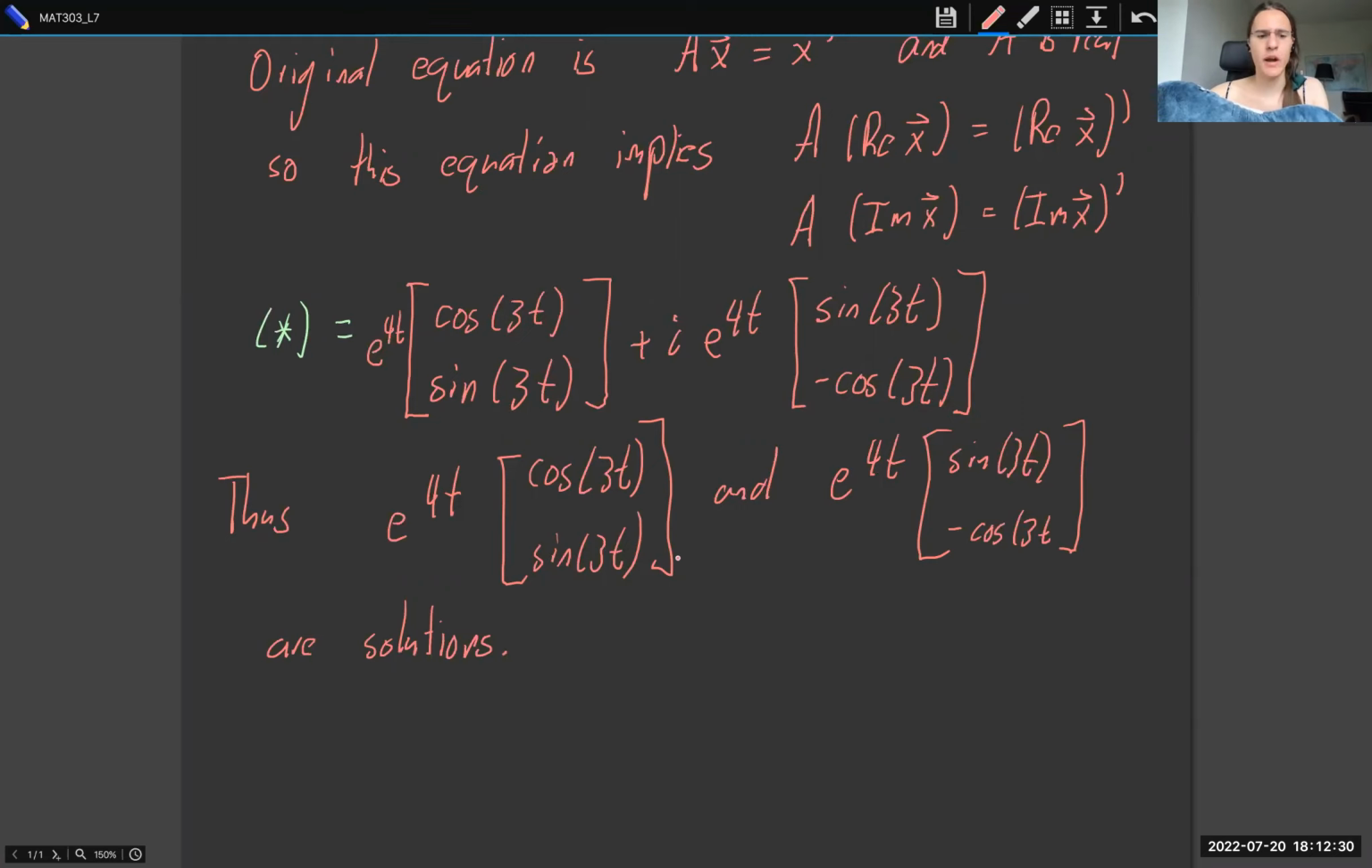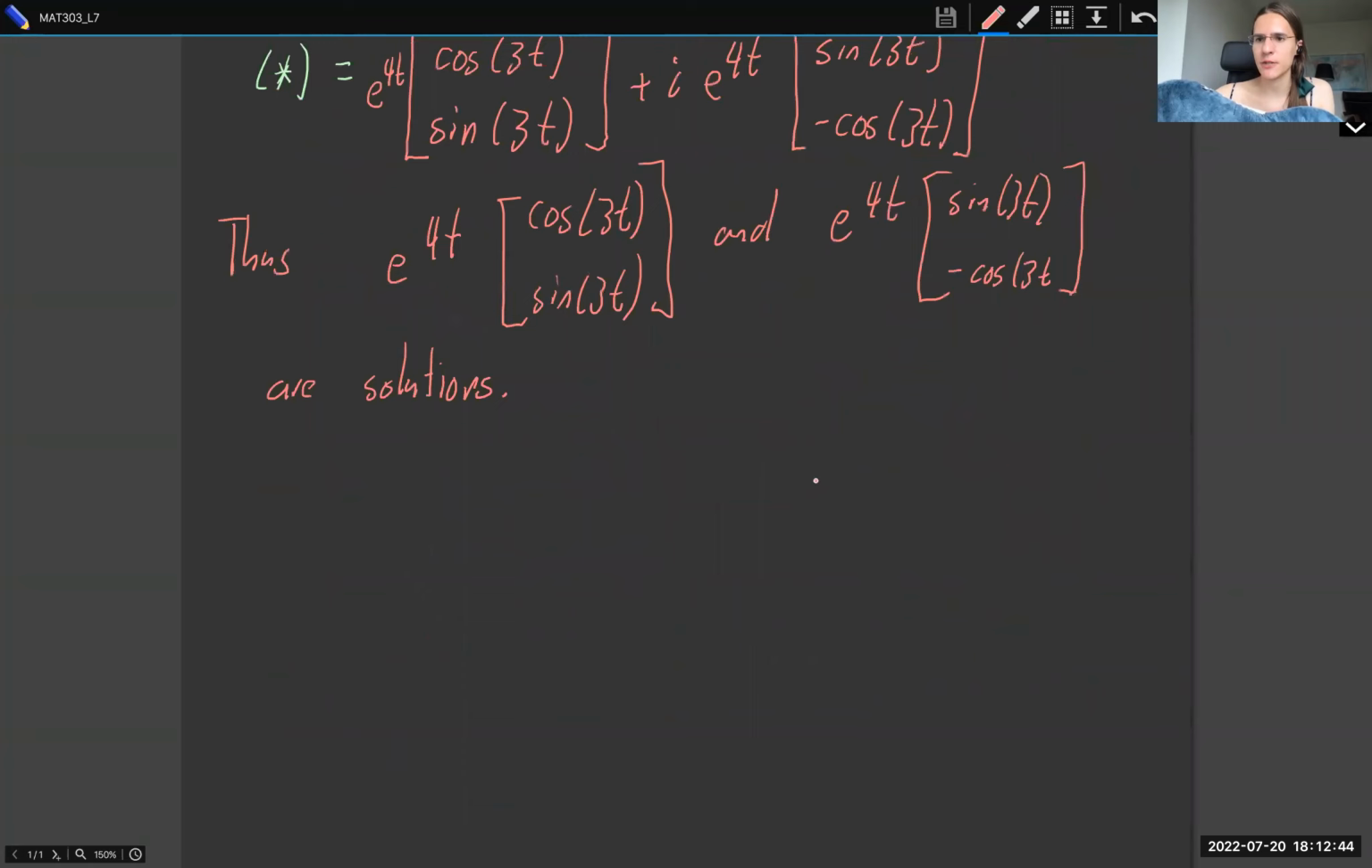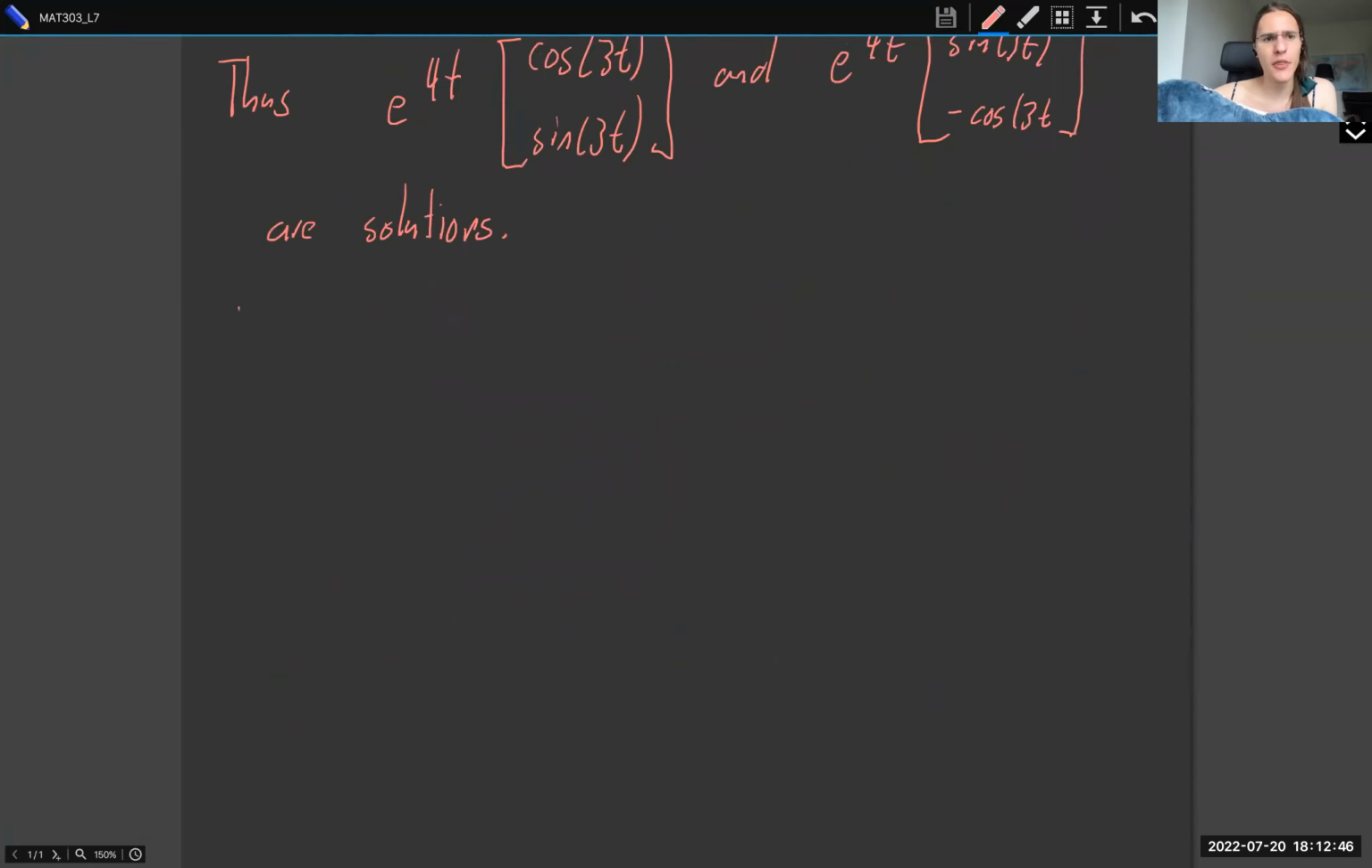Now, how does that square with the fact that we have another eigenvector, right? Because we found two solutions, and these two solutions are linearly independent. And so that should be all of the solutions. But we have another eigenvector unaccounted for. Will that give us different solutions? So with the other eigenvector,